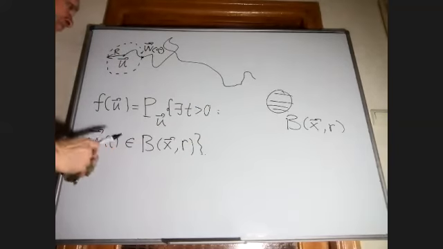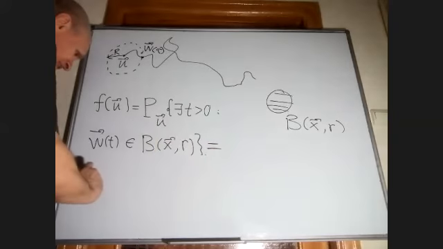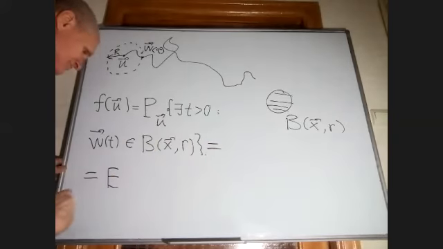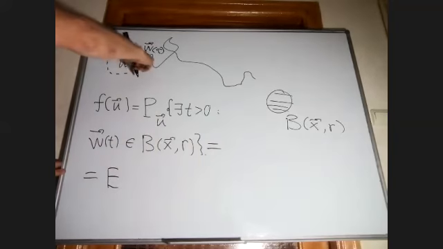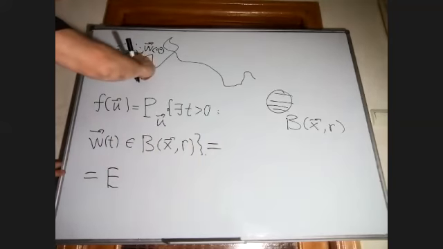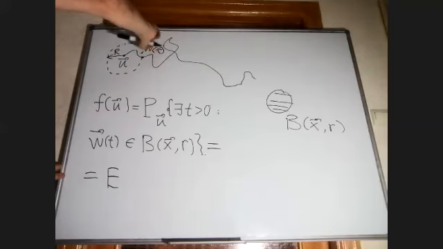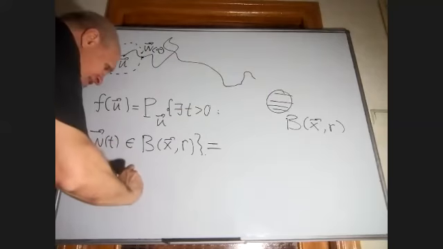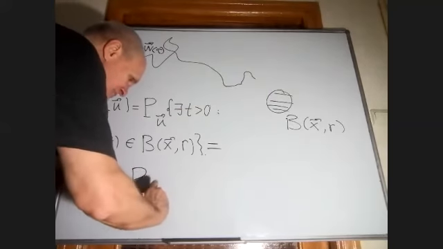So one can say that this is equal to the expectation, by the strong Markov property for W. We first hit this sphere at the point W of tau, then we go further. So this is the expectation of the probability from W tau,